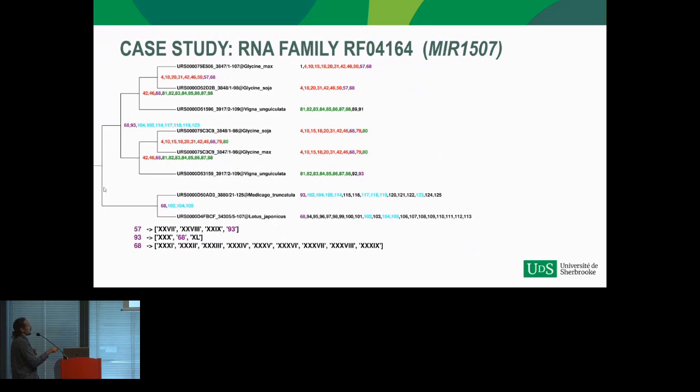The clades in the color purple represent the clades that are the common shared structure between all the sequences. We all see that they have at least one of these. So 68 is the most basic structure that is composed of the different